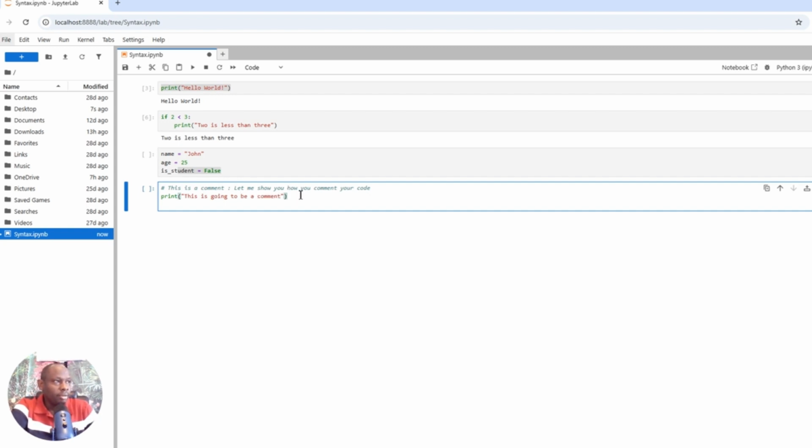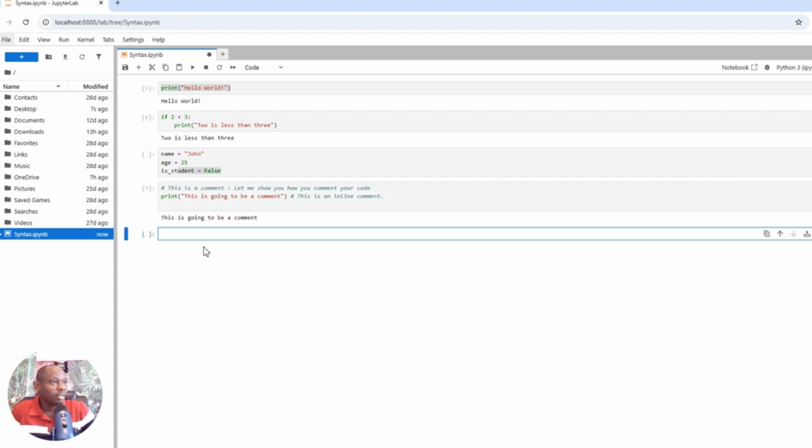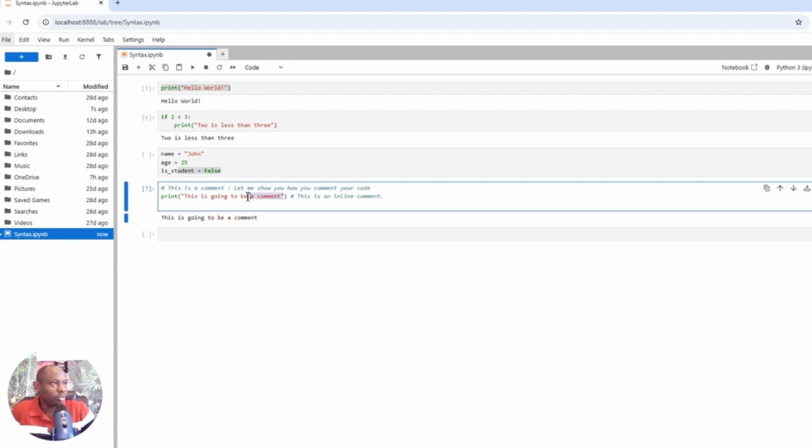So now to put your comment here, you put your hashtag and you can say this is an inline comment. So you put an inline comment. If you want, you can run it, but let's see. Of course, this one is going to print because it's the string printed by the print function,